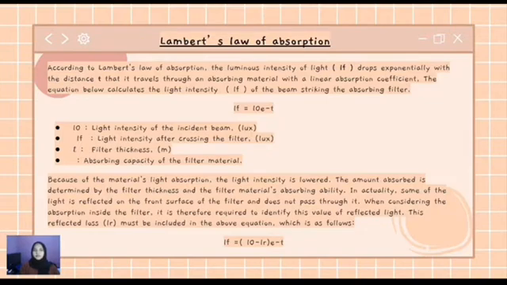Because of the material's light absorption, the light intensity is lower. The amount absorbed is determined by the filter thickness and the filter material's absorbing ability. In actuality, some of the light is reflected on the front surface of the filter and does not pass through it. When considering the absorption inside the filter, it is therefore required to identify this value of reflected light. This reflected loss, LR, must be included in the above equation, which is as follows: LF equals L0 minus